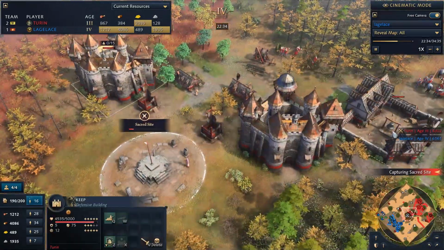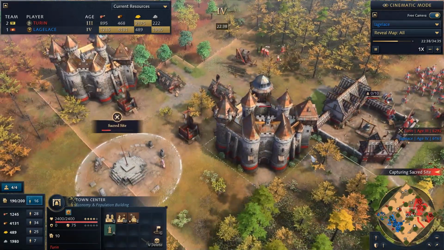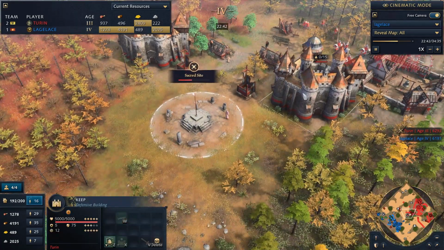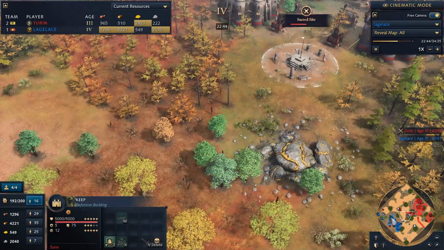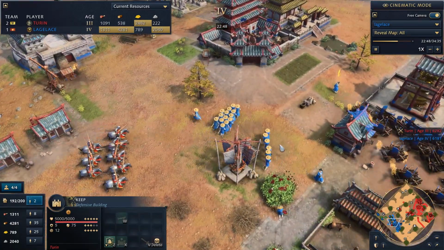I have 2 keeps set up. We do also have a TC here. You can extend the aura. I could have built a bunch of houses to extend the aura of my primary TC, but I figured, hey, it's not going to hurt. I could build more villagers if I need to, and it will give me the immediate emergency repairs here as needed. So more and more cavalry moving in, going to be going after his villagers, forcing him back once again,